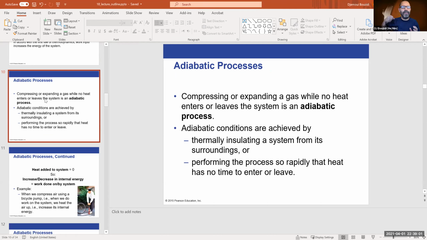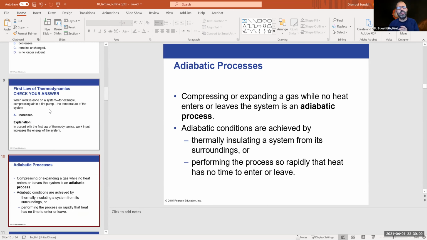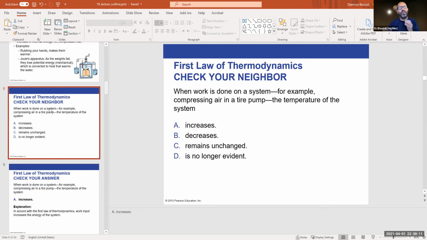Because again, when you compress it, you're doing work against it. Okay, let's go back in here. When you're compressing it, you yourself are working. You can even sweat. You can feel you're pushing the air inside. So what happened in this case, you're putting work on the gas and compressing it. Where did that energy go? Just like before, when you put it on the stove and turned on the heat, that heat went into it to increase its temperature. Same thing in here. When you do work on it too, you're going to increase the temperature.